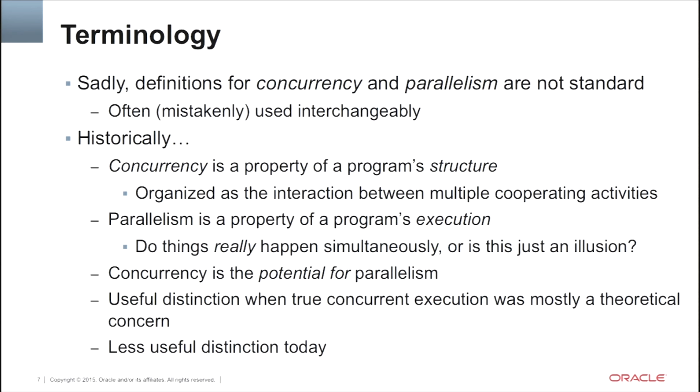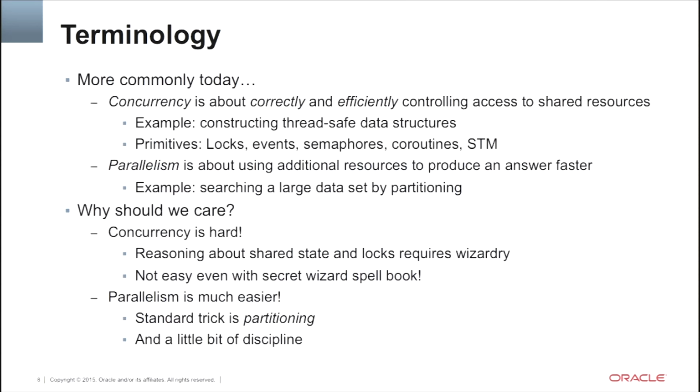If you have no concurrency, you'll definitely get no parallelism. If you have concurrency, maybe you'll get some parallelism if your hardware and your operating system and library support it. This was a useful distinction 30 years ago when there was almost no true parallelism. It's less of a useful distinction today, so I want to offer a newer definition that's gaining currency